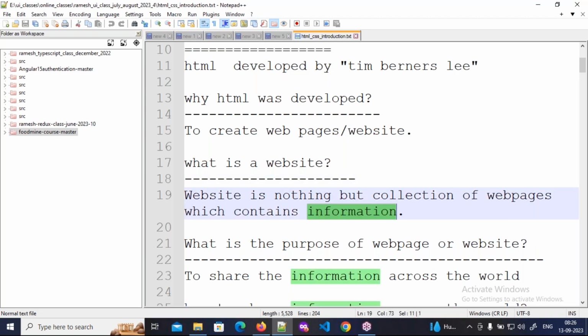In the internet, what will we get? Information only. Suppose you go to Wikipedia, you will get the information in the form of text and images. And if you go to Cuckoo FM, you will get the information in the form of audio. And if you go to YouTube, you will get the information in the form of video. Right, everybody? So whatever it may be,